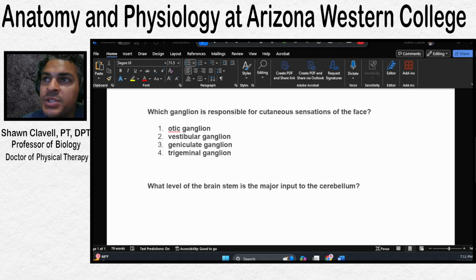Which ganglion is responsible for cutaneous sensations of the face? And so the question here is related more to the cranial nerves. So the cranial nerves are also